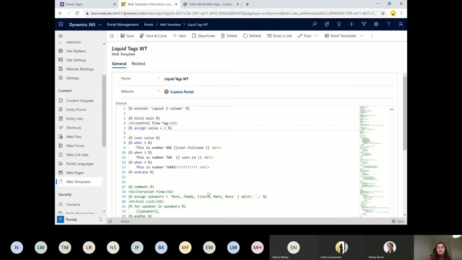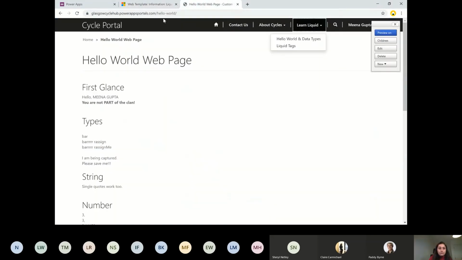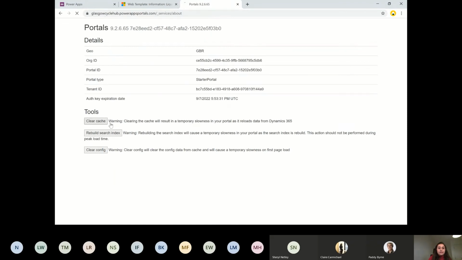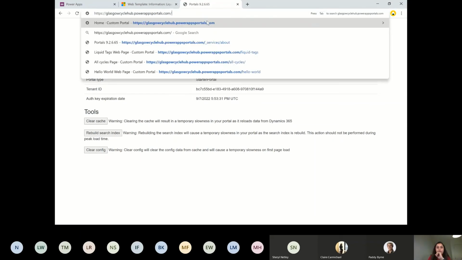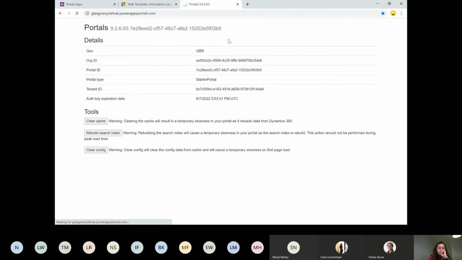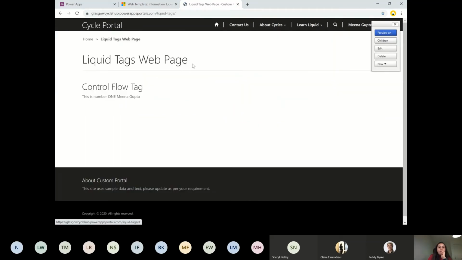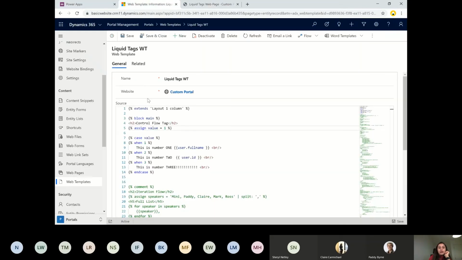So let's just test it with value 1, 2, 3 and see how the case syntax works here. You can write cases if you have so many options, and then go to the conditions there. So case is again similar to the switch, and it works in a very simple way. Here, if I just go to the main home page, if I go to the liquid text, I have commented out everything else, and I just have a control flow tag there, which is case, and it says this is number 1, Meena Gupta. As you saw, just to print some static text, I have written it like this.